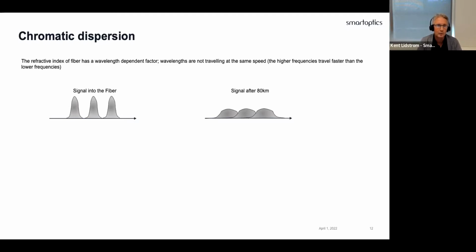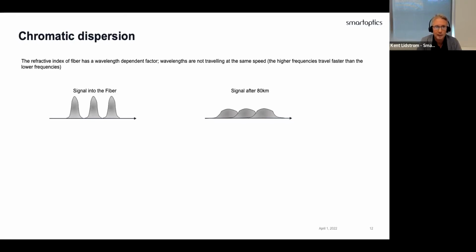So if we look at the left part there, we have, say, fairly nice digital signals going into the fiber. After 80 kilometers of transmission, they will first of all have a much lower power level because we've suffered from the loss, but they will also be, say, spread out, because the left part of the peak travels slower than the right part of the peak. And to recognize and detect what is a 0 and 1 on the picture on the right is going to be very difficult. So what do we do in order to compensate for that?